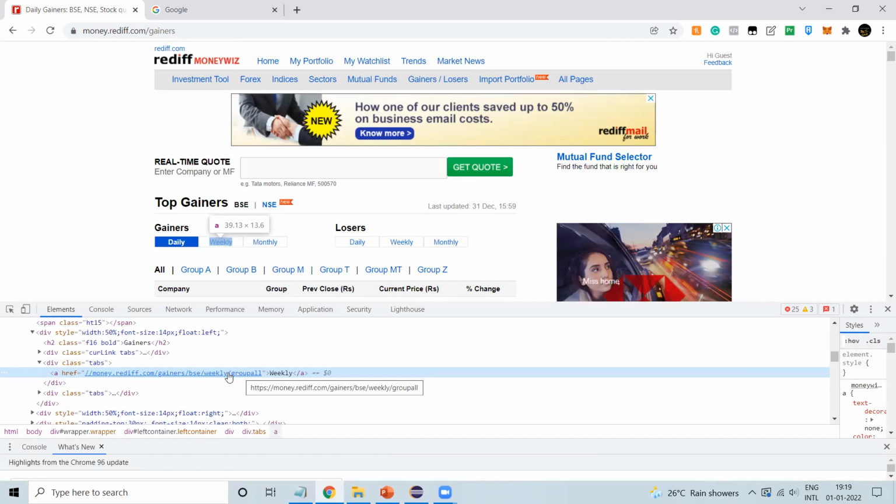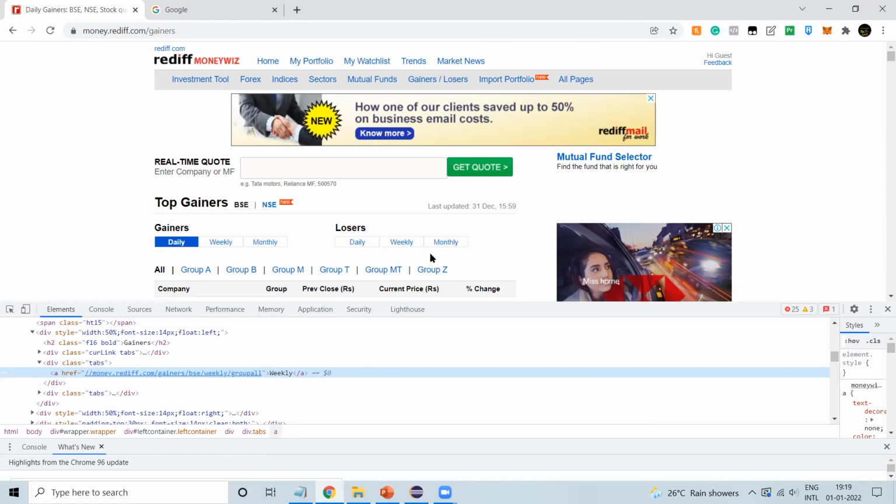But sometimes it is a dynamic XPath. We can't say that here in this element, this link XPath and this link XPath may be the same, right? So suppose if it is there, then how can I search the particular element in the entire page? If I go with driver.findElement and go with the link text equal to weekly, we are not able to find the unique element. It will show the result as two elements, which is the same locator.